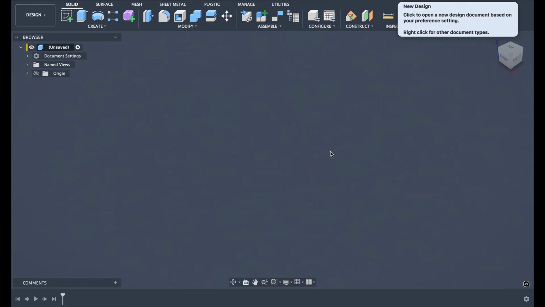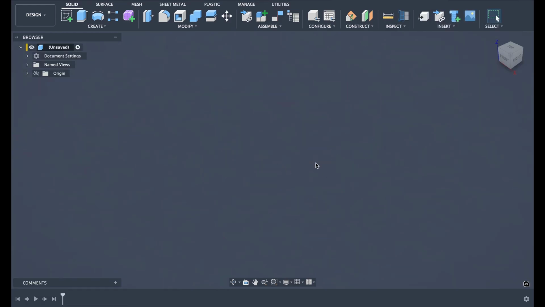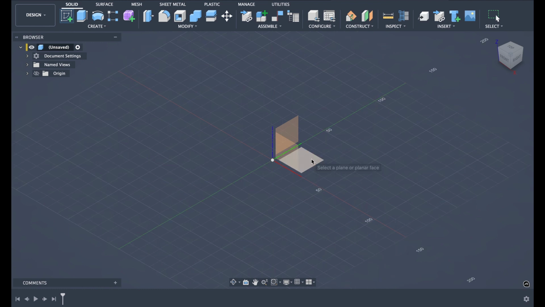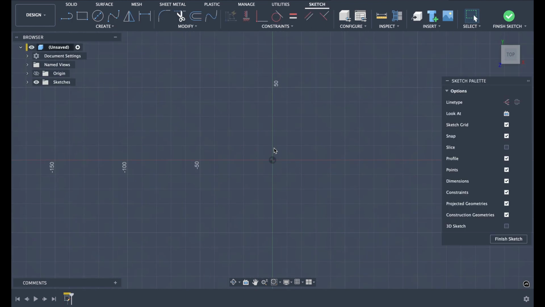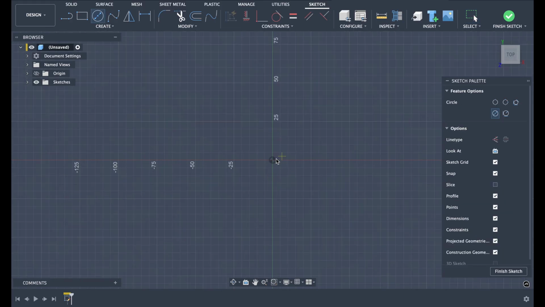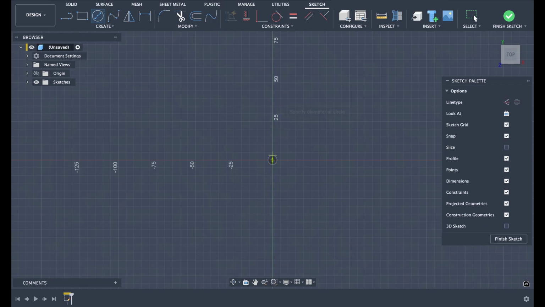So you want to start with a new design, and I'll do both blades in this one design. So you want to create a sketch and just pick any plane you want. Usually it's the flat plane facing up, but it doesn't really matter. So what you want to do is create a circle and define your outer diameter. So say 60. And you want to define your inner diameter